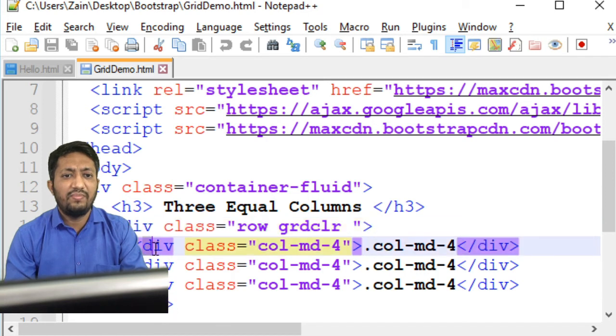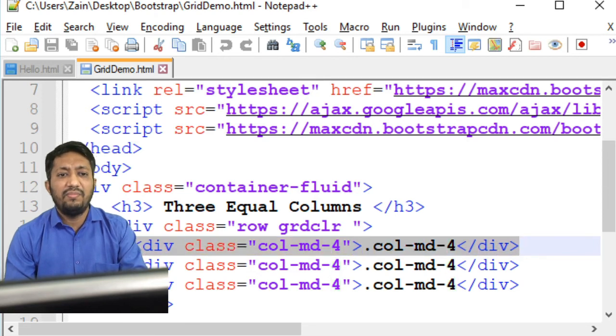In that we write how many columns will be taken by the first column. For that, div class equals col-md-. We already know what md is: md is for medium devices, and the number is how many columns will be taken by that div. So I want to take 4. The first div tag is defining that this division has 4 columns from the total 12.